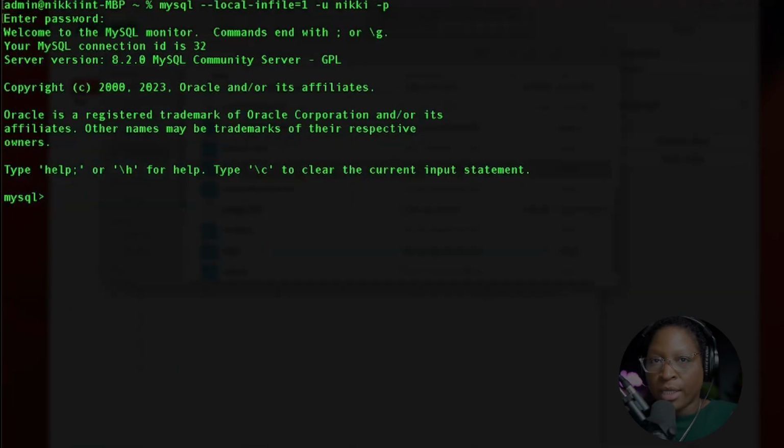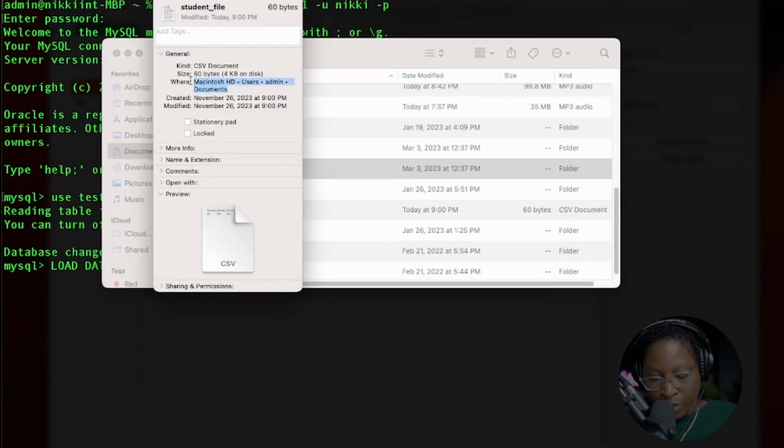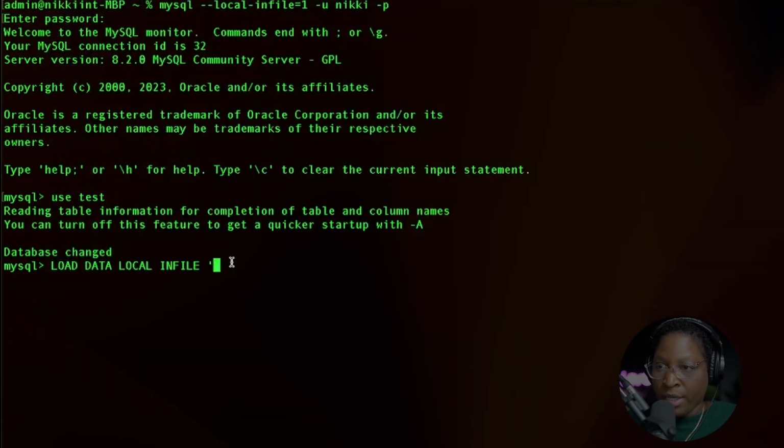When you get back into your system, we're going to use the database. So we're going to say use test, and now we're inside of the test database, so you can see the database has changed. So let's go ahead and load some data inside of the student table. Load data local infile, and we want the path for the file. So let's grab the path for the file. We're going to copy it and paste, and the name of the file is student_file.csv, and then we want it into